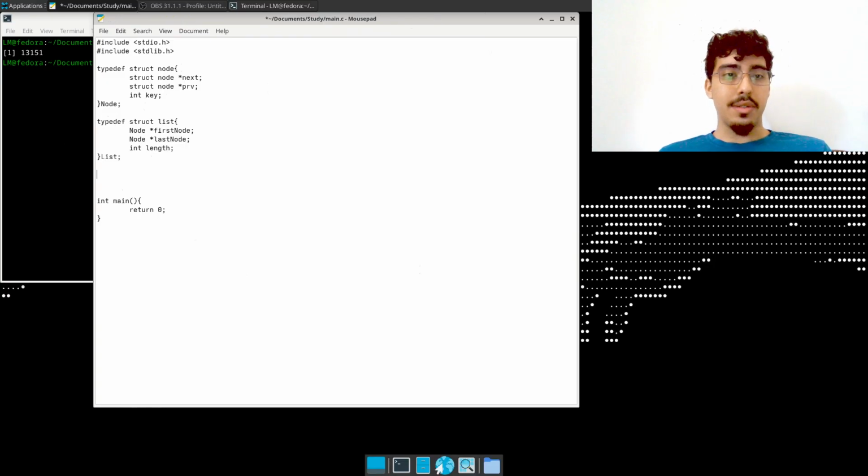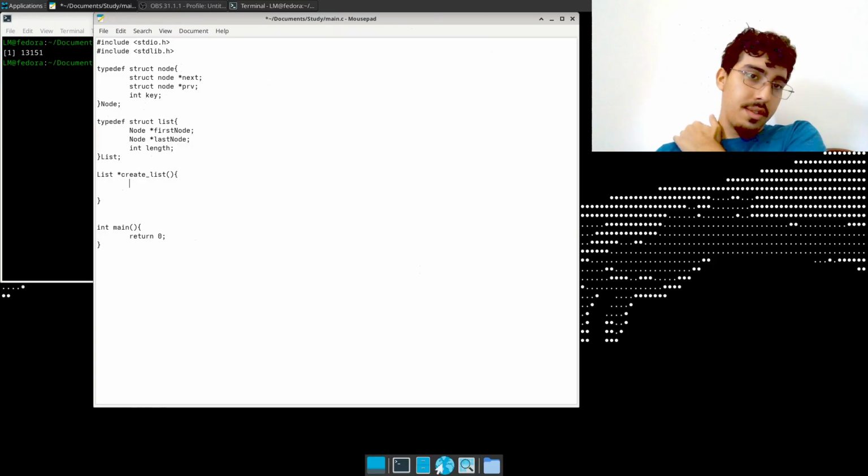Okay, so the first step is, of course, to create the list. So let's create a function that will return a list, called create list. This function will return a pointer to a list. Okay. We don't need any parameters. We only need to create the list and return it. So list